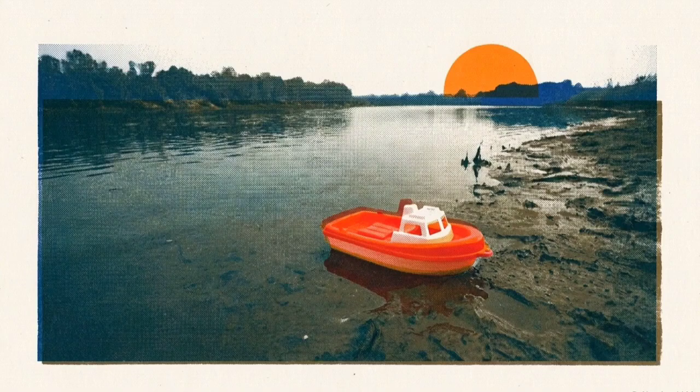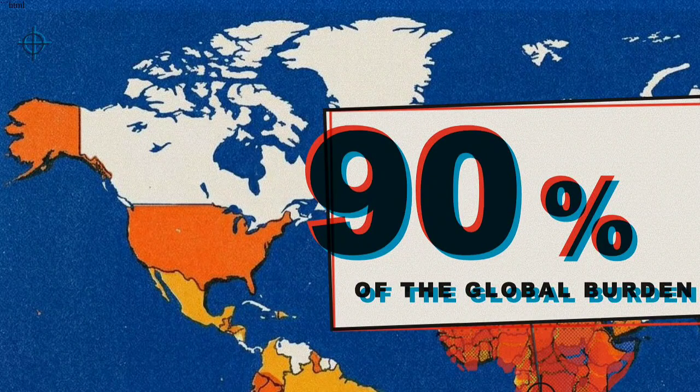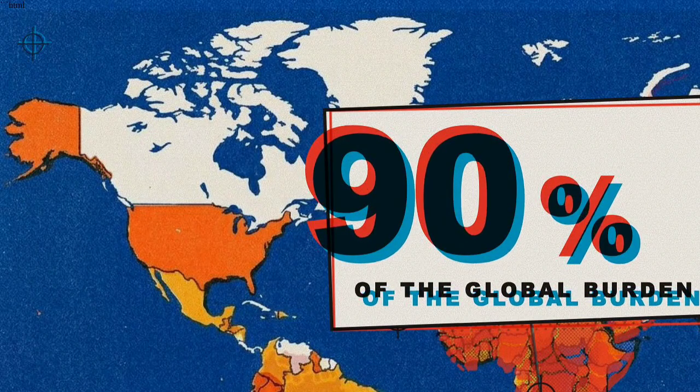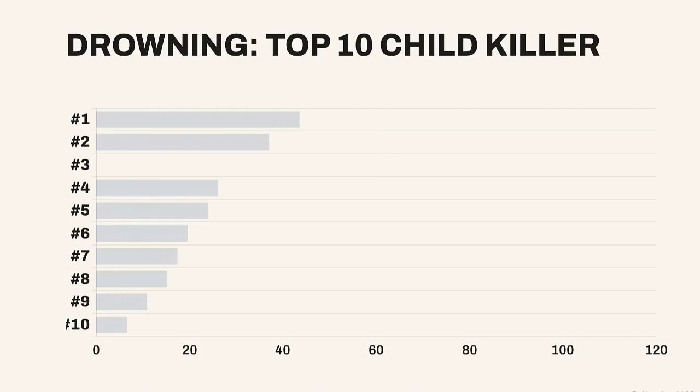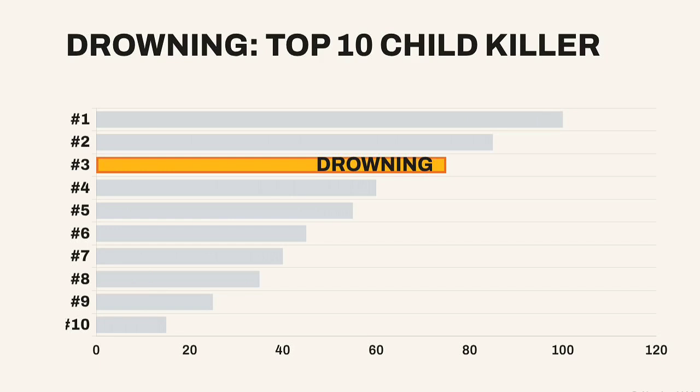Every year, nearly 300,000 people die from drowning. Over 90% of these deaths occur in low and middle-income countries, marking it as a critical global health challenge. Children are the most vulnerable. For those between the ages of 5 and 14, drowning is now one of the top 10 leading causes of